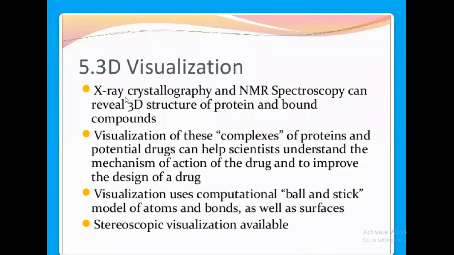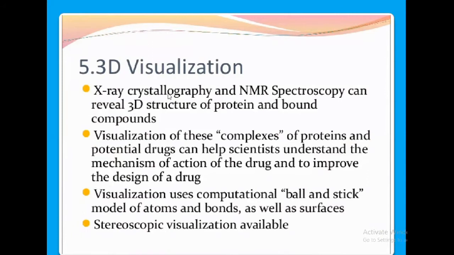What are these visualization methods? Previously, the old method used for designing and viewing the drug is X-ray crystallography. Everyone knows X-ray crystallography. Using that, you can study the structure of any drug, any molecule, any atom. Still it is being used now. And after that, to study the atomic structure, molecular structure of any compound, NMR is used: nuclear magnetic resonance spectroscopy, NMR spectroscopy. Another method is mass spectrometry, MS.